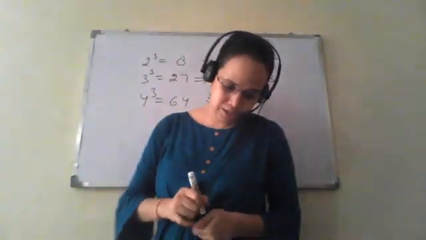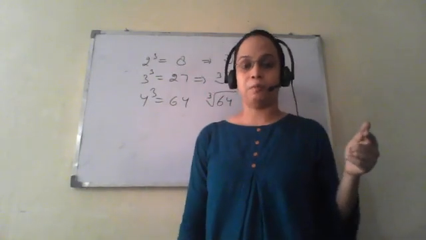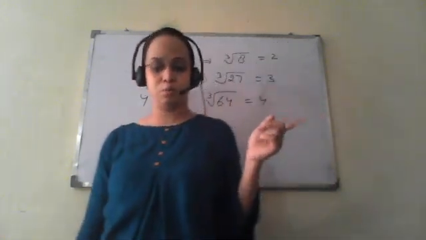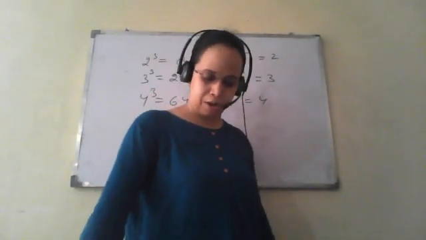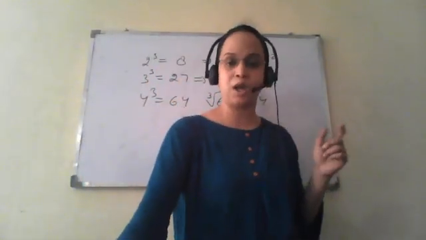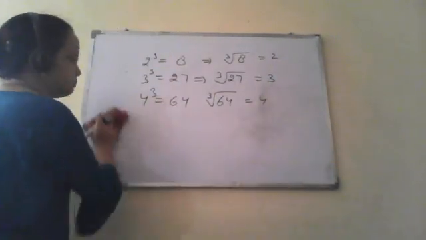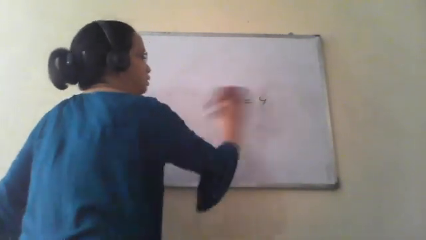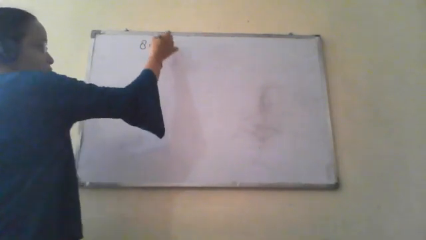We have to memorize the cubes, like in the starting I gave you the cubes of the first 20 numbers, so that you can correlate them with the cube roots of the respective numbers. This cube root can be calculated through the prime factorization method, as I explained in exercise 7.1 of previous cases, how to calculate the cube root of a particular number. So we'll see some examples. Example number 6: we have to find the cube root of 8000 by the prime factorization method.